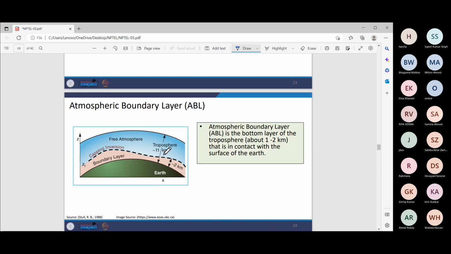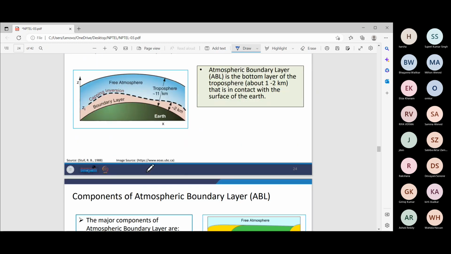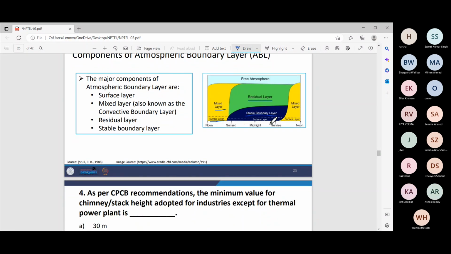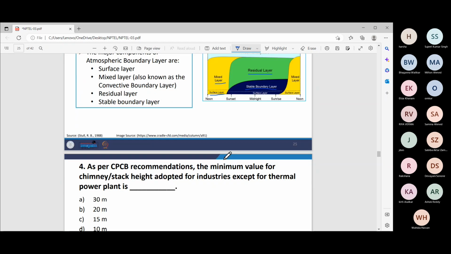So basically, the atmospheric boundary layer is the bottom layer of the troposphere, and its width is about 1 to 2 kilometers. That is in contact with the surface of the Earth. And the major components of the atmospheric boundary layer are, first, the surface layer, second, the mixed layer, third, the residual layer, and the fourth one is the stable boundary layer. So the bottom 10%, as can be observed, will be the surface layer. Okay, so for the next question,